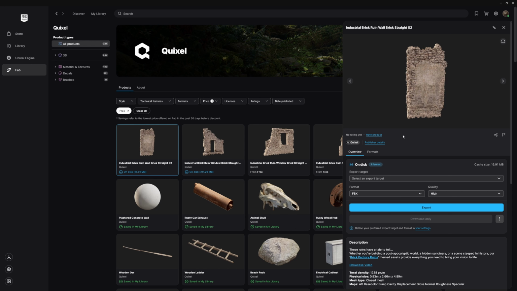Now let's see if you want 5.5, for instance. Now you can see here, you need the Unreal Engine 5.5 plugin to export to this target, and you can just click the install plugin, and it's going to take a few seconds only, and then it's done. And you can do that for all the others as well. But let's say